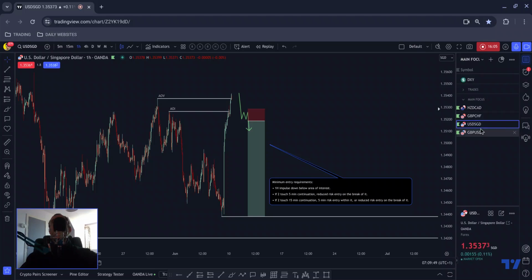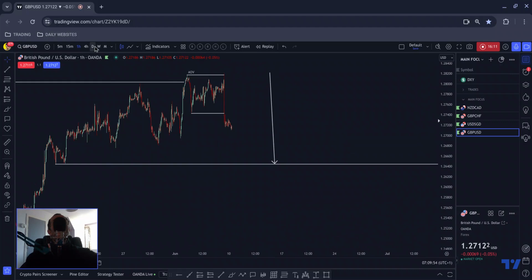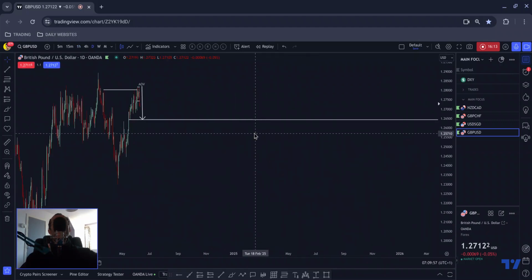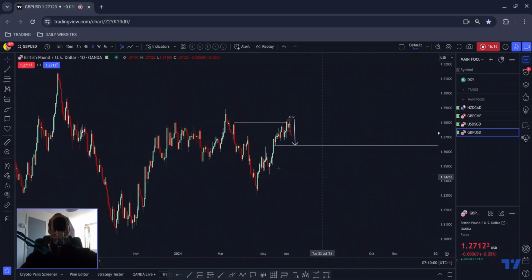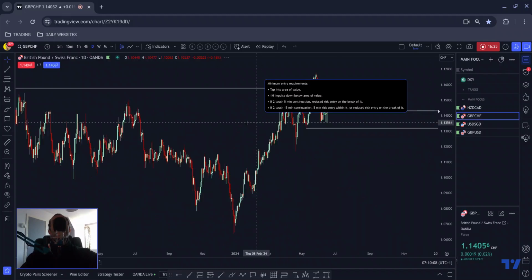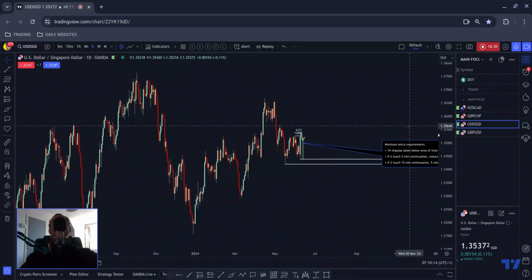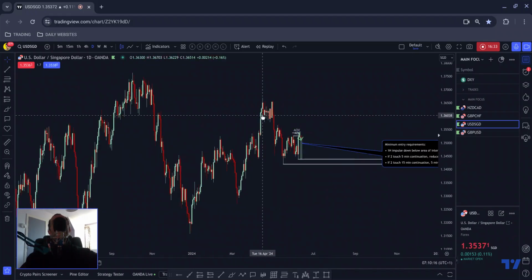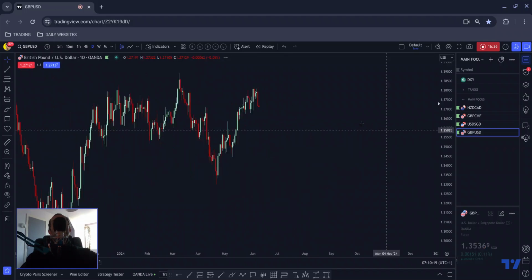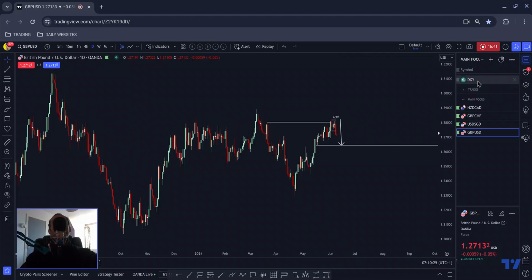Okay, so let's move on to the last pair. We've got just enough time to get through this. Pound dollar. One of the reasons this is last on the list is because this isn't quite as standout as some of the other areas of value. Look at Kiwi CAD, much more standout area of value. Dollar Singapore standout. It sticks out like a sore thumb a bit more than pound dollar. That's a bit more of an inflection point. But regardless, if the dollar does move to the upside, then pound dollar is moving to the downside.